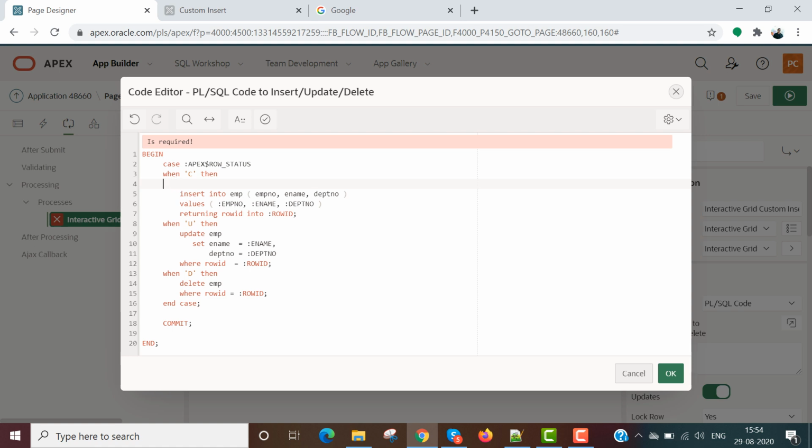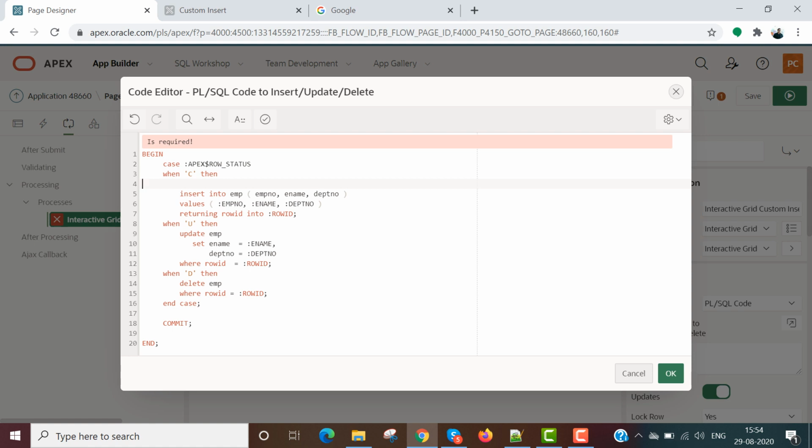Similar to a PL/SQL block, we can write whatever we can write in PL/SQL. If the department number is there, then it's good. If it is not there, then we can insert the department number into the department table first, and then into the employee table. So that is the way we can manage.